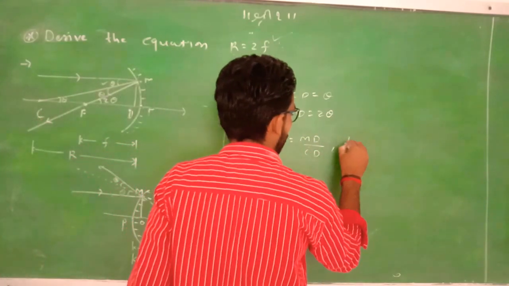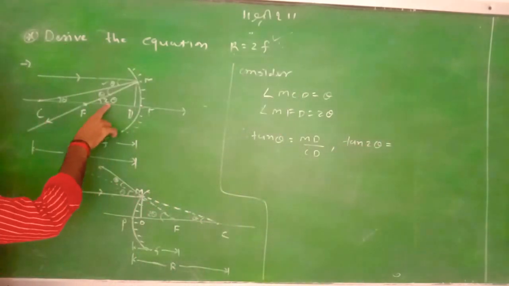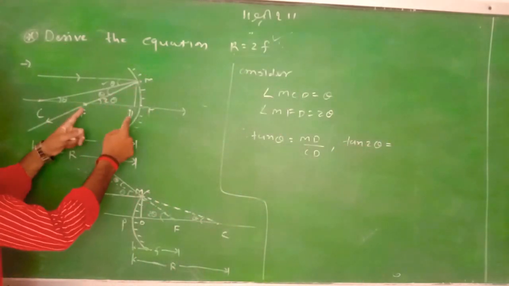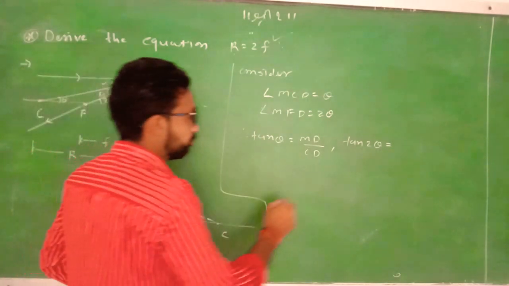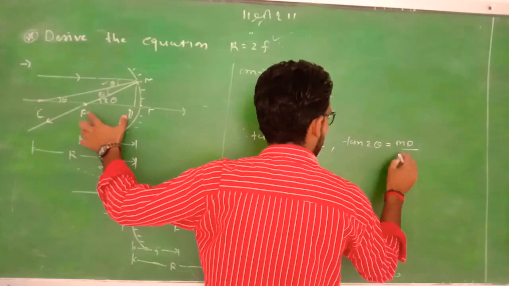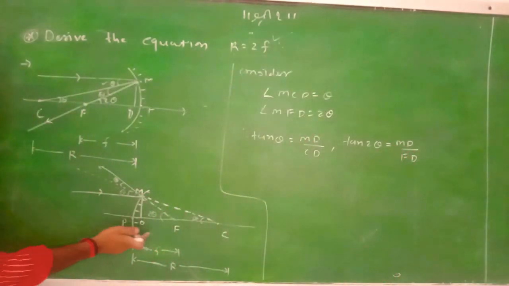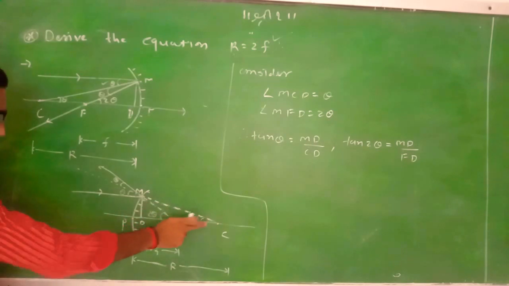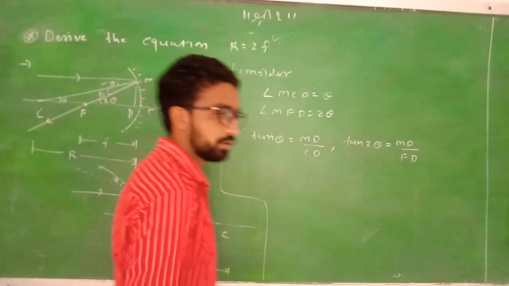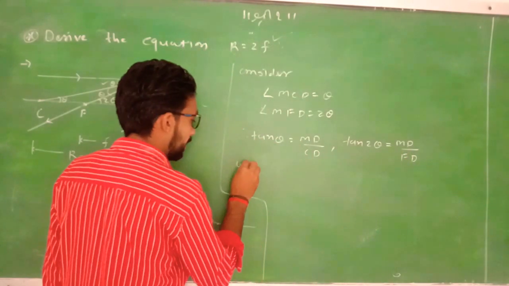Similarly, you can write down tan 2 theta. You can see tan 2 theta: opposite is MD, adjacent is FD. So tan 2 theta is MD divided by FD. The same things can be applied here. This theta and this theta are the same angle, as we have considered. Now, when theta is very small,